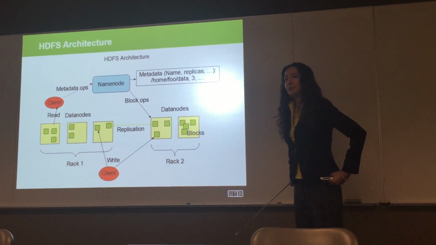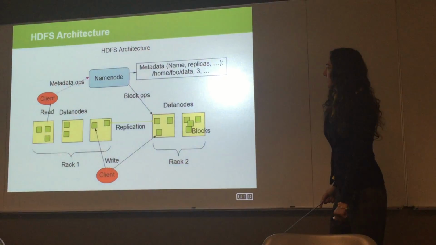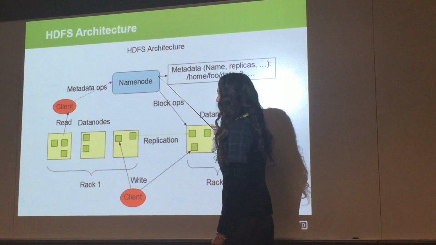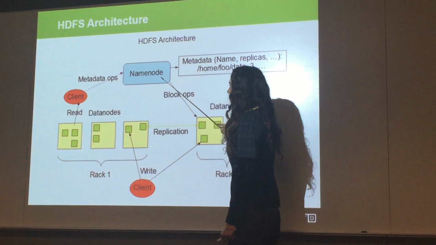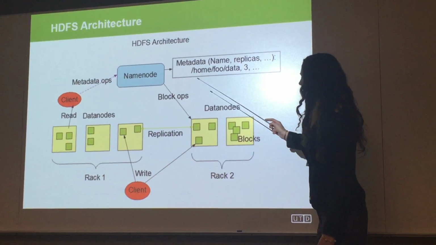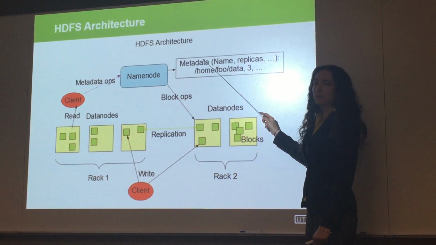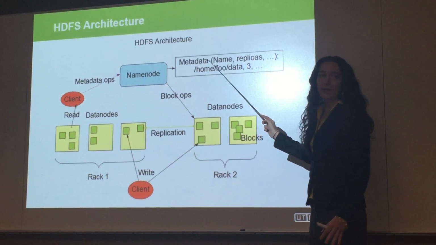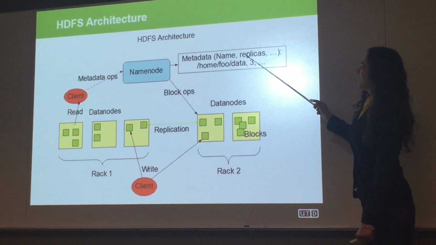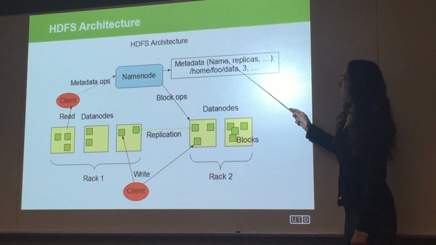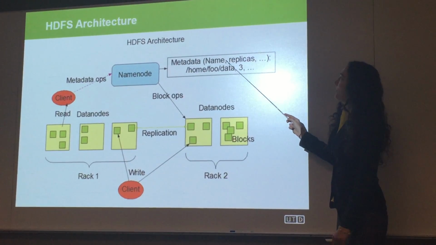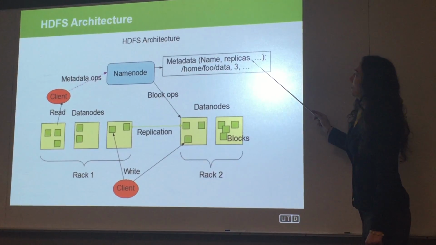So the Hadoop distributed file system architecture, we mentioned there is this main node called a NameNode, or the main namespace, that contains only metadata. By metadata we mean description of the data and not the actual data itself. So it just contains information of what is the file name, what are all the blocks that are part of this file, and where are all the copies of the file